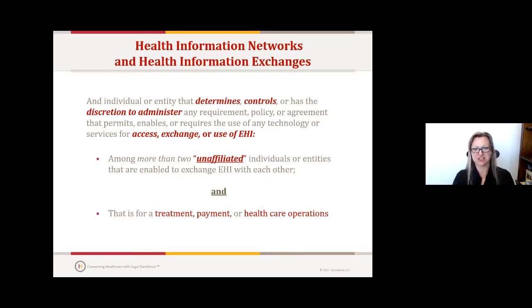So the types of organizations that have questions about this: if you are a member organization, I know a number of hospital associations out there have had questions as to whether they are functioning like a network or exchange. The definition is very nuanced. I have been retained to do a number of opinion letters on this for member organizations. I've had a number of collaboratives of hospitals, collaboratives of FQHCs, other kinds of organizations that act through a collaborative, and that organization in the middle that's doing certain things.